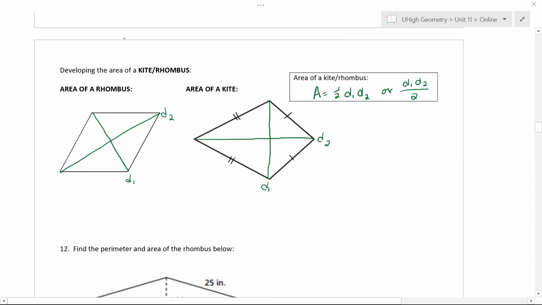What I can do is I can take these right triangles. So remember, in a rhombus and in a kite, our diagonals form 90-degree angles. So if I take these right triangles created on the bottom side of each shape, and I move them to the top kind of corner here, so I move them up here,